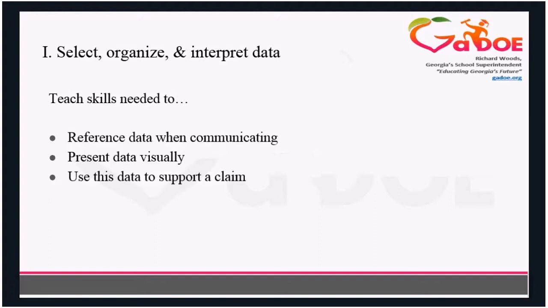The cool thing about computer science is that gaining the coding skills, the ability to navigate some of these platforms and manipulate projects and programs that are already available to you, allows you, as a teacher, to promote this and teach this to another level. So being able to reference this data, present it visually, and then use this data to support a claim. So I'm going to share my screen